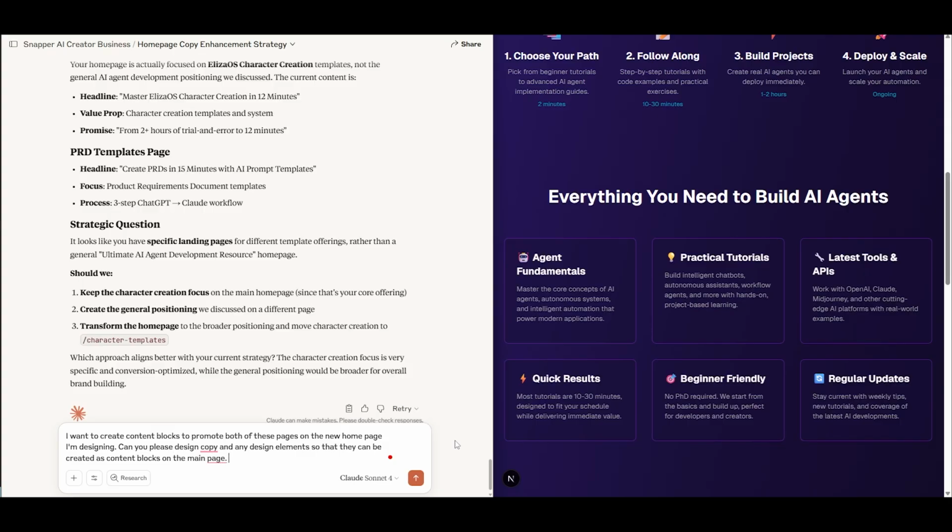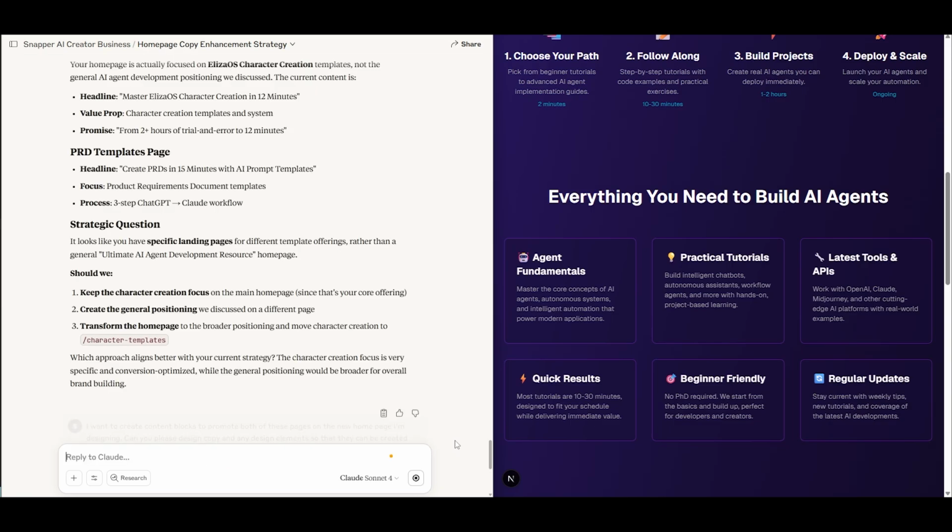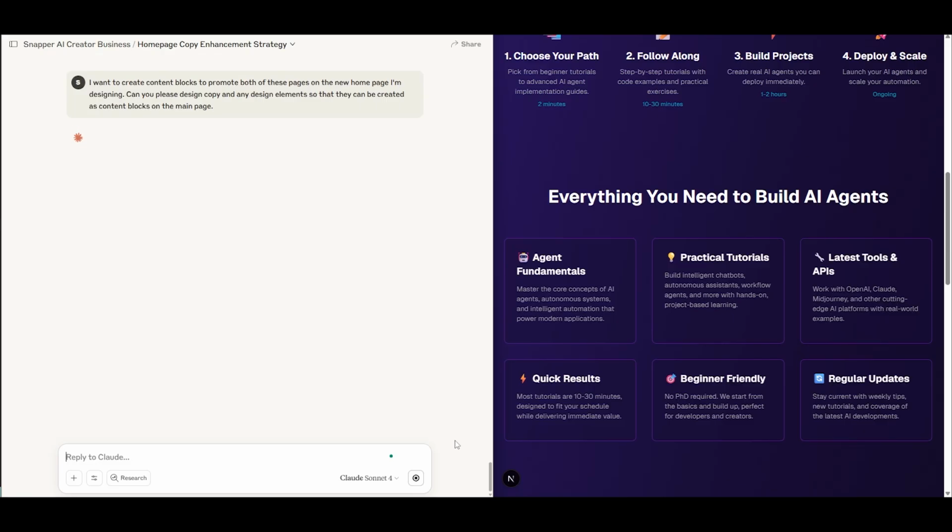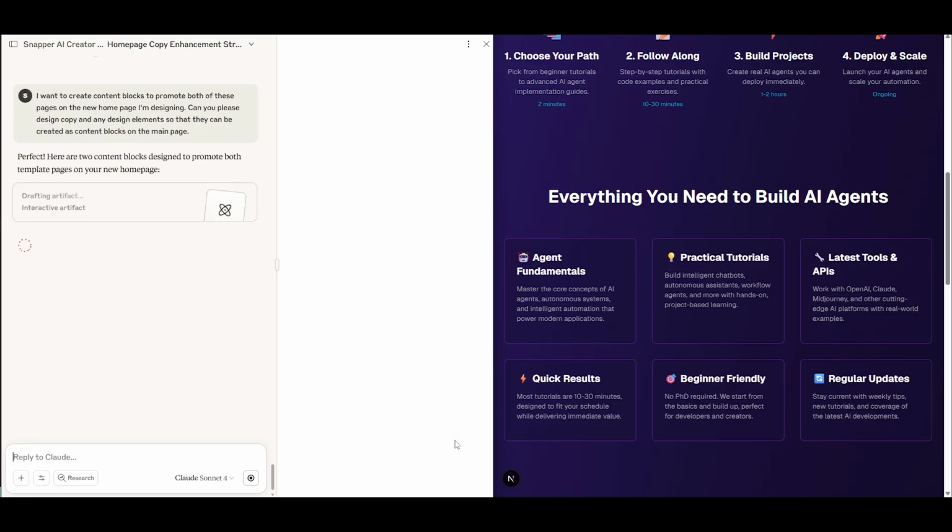I want to create content blocks to promote both of these pages on the new homepage I'm designing. Can you please design copy and any design elements so they can be created as content blocks on the main page? So I'll start with that prompt and we'll see what